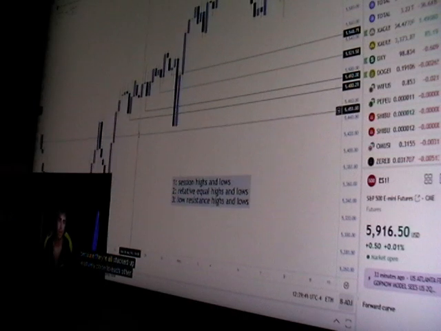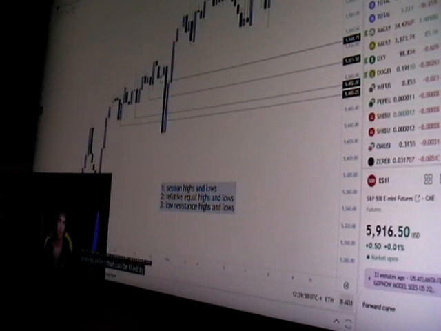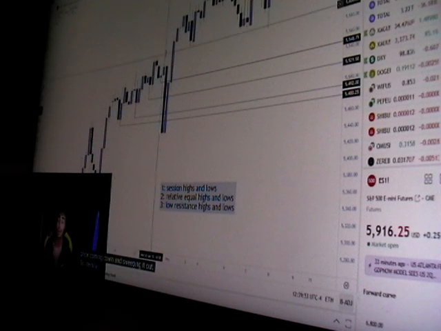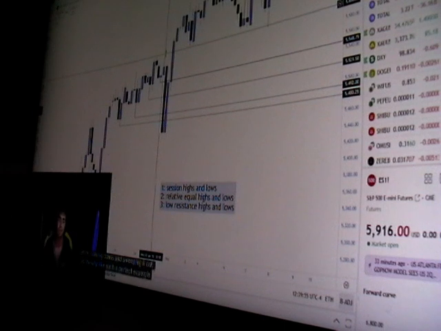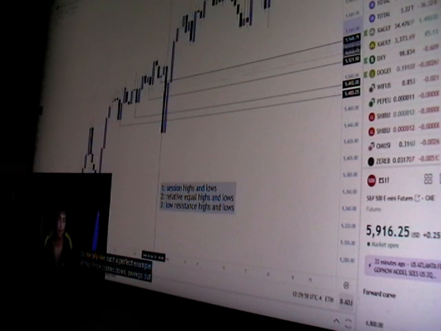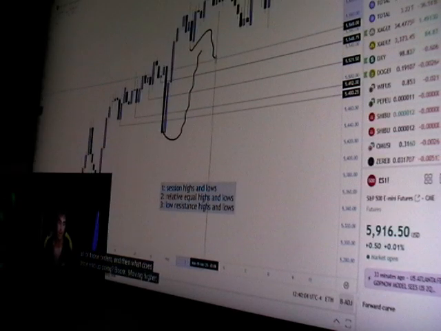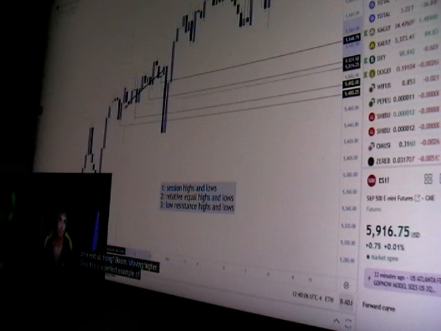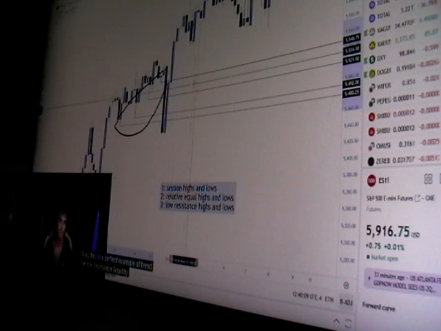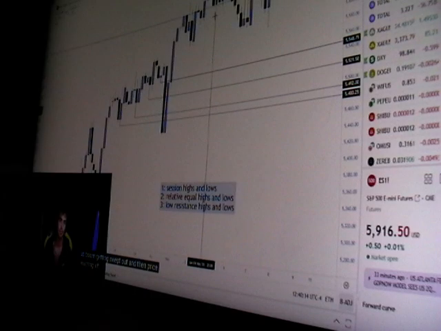relatively close to each other and can offer literally 4 times the amount of pending orders that can be filled by price coming down and sweeping it out. So literally, such a perfect example of this. Price comes down, sweeps out all of those orders, and then what does price end up doing? Boom, moving higher. Okay, this is a perfect example of trend line, low resistance liquidity that ends up getting swept out, and then price reacting off of it.